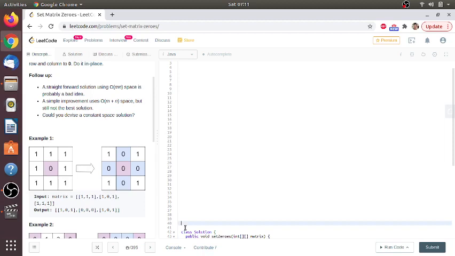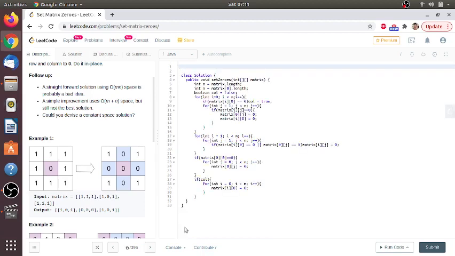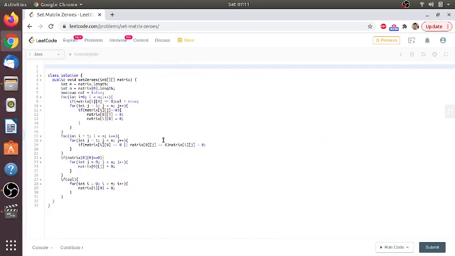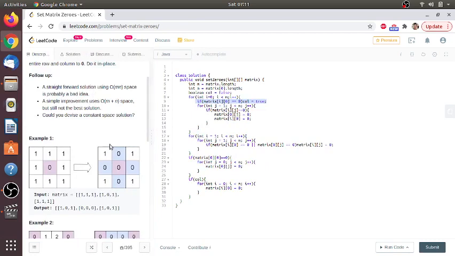Okay, so let's start. I'm just going through the matrix, and for the first row and first column, we need some flag. Let's say matrix[0][0] I am considering for the first row.